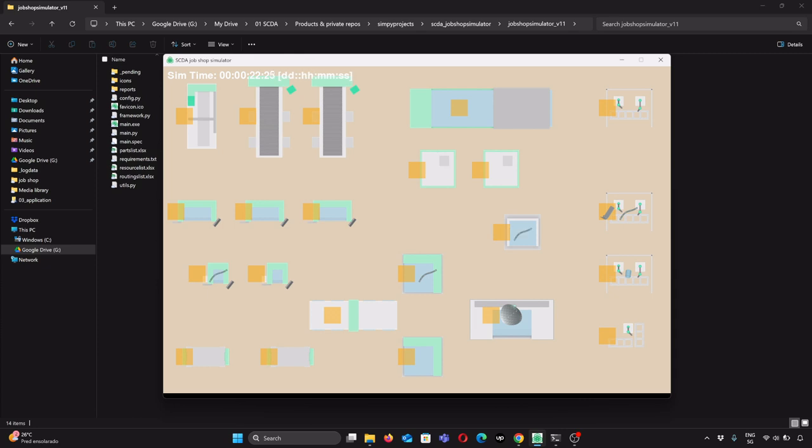So right now here on my screen you see a job shop simulation running. You see a 2D layout of a machine shop. There's a cutting process up here with some work centers for cutting. There is milling, drilling, there's a press, there's some finishing machines, there's a laser welding machine, and there are some paint shops. So that is the example job shop that I set up using the job shop simulator tool, which